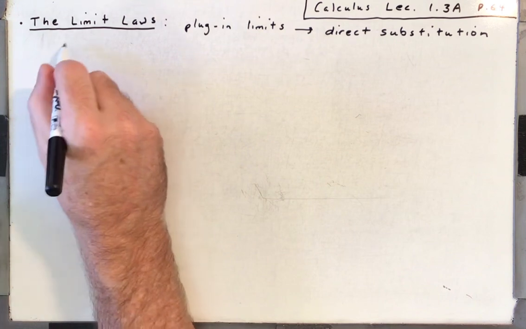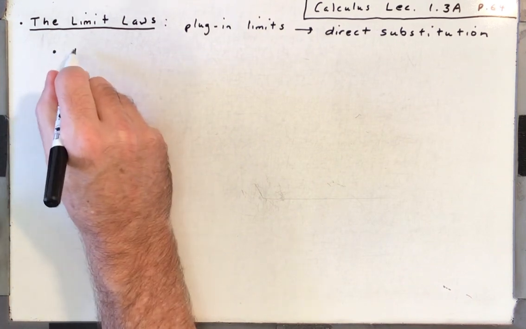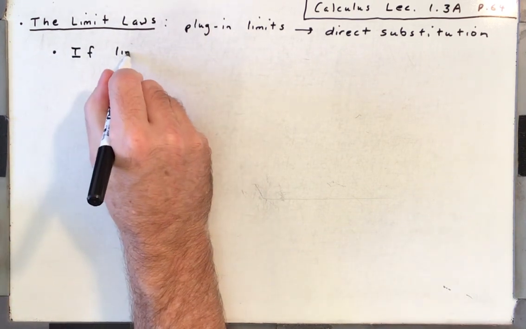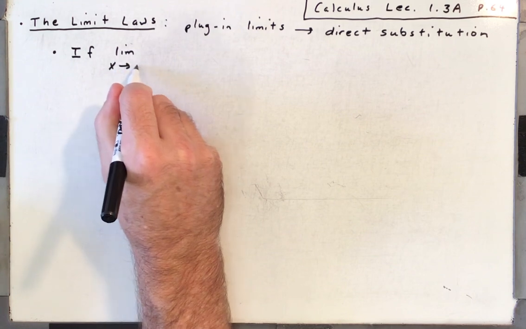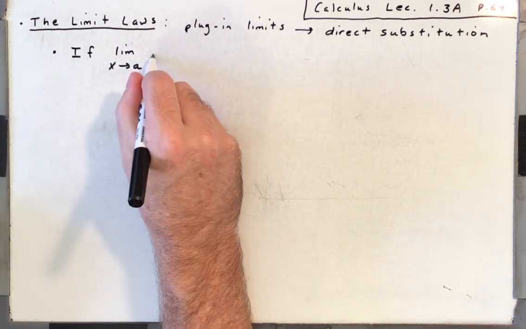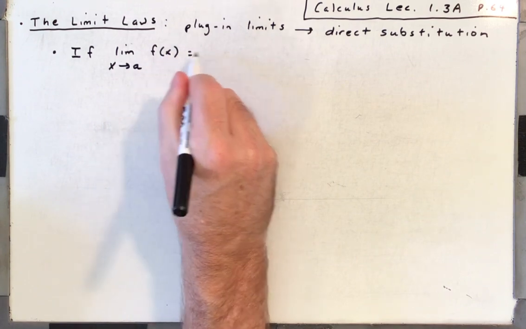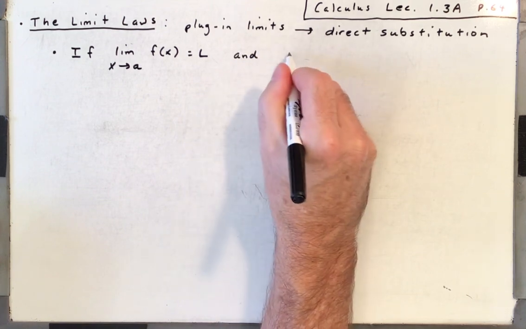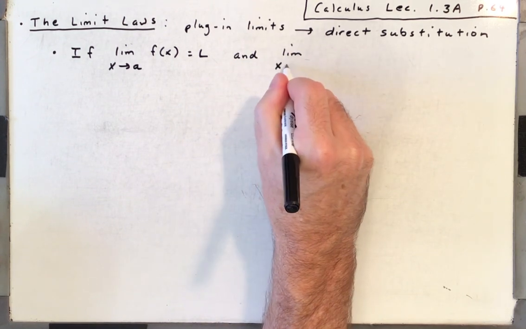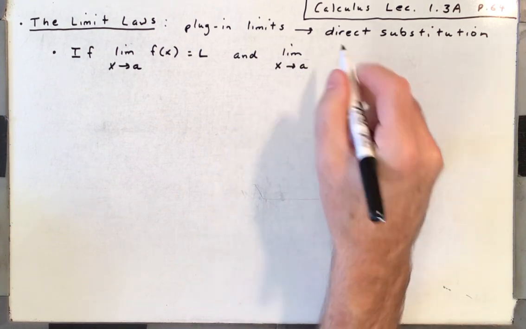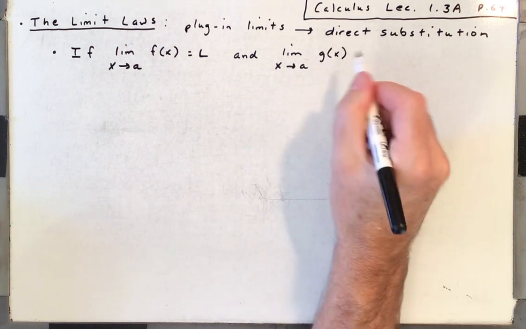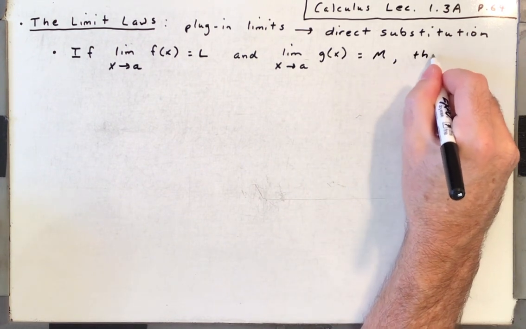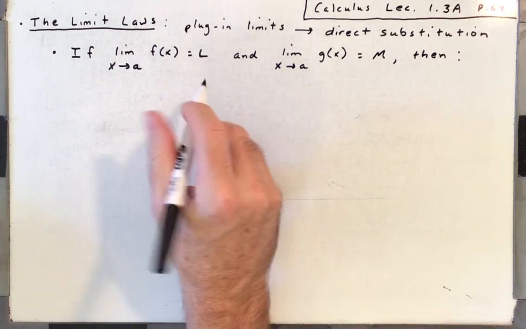All right, so here are our limit laws. First of all, we'll have a condition: if the limit as x approaches a of f of x is equal to L, and the limit as x approaches a of g of x, so another function, is equal to m. Right, then